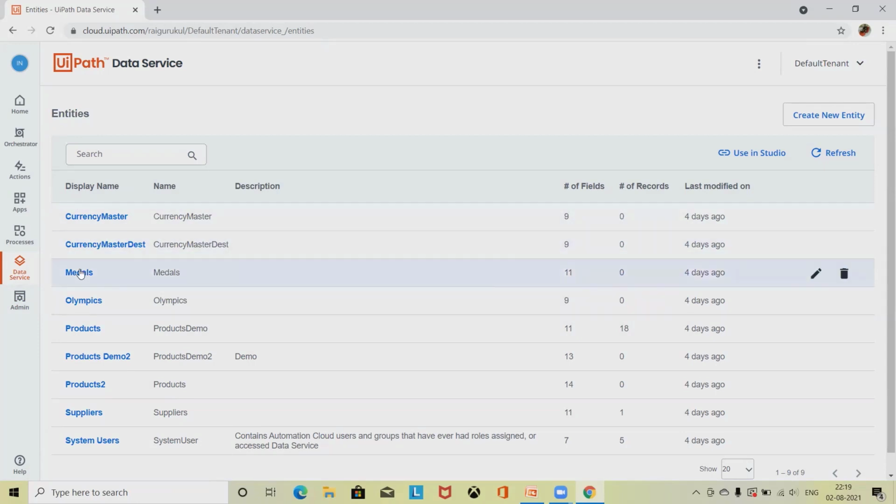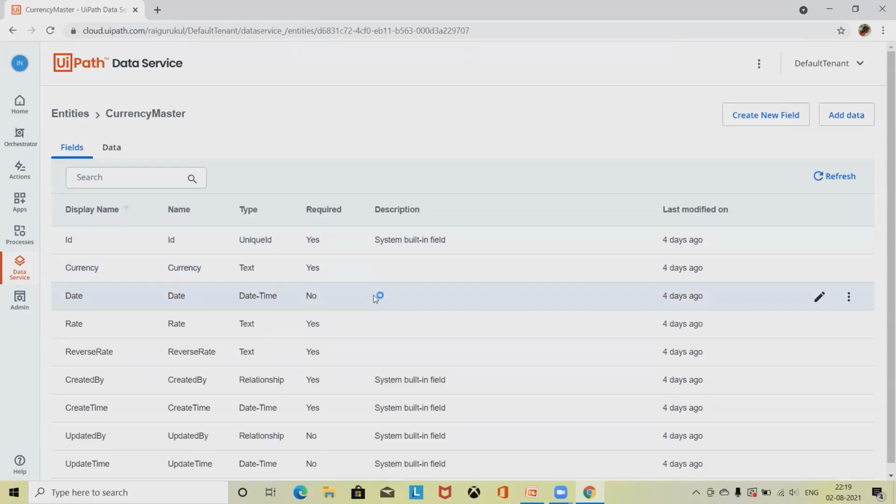An entity is nothing but a database, or what we can say is a table, where we have created different components. So you can see here, I have created a currency master table where I have added different fields, showing type, unique field, ID or text, data type, date and time.